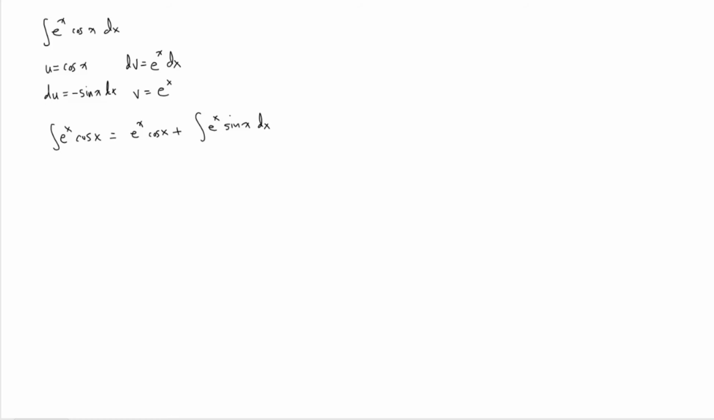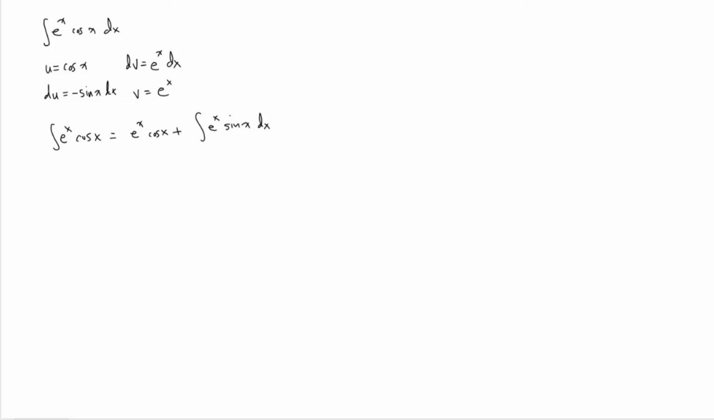And now you start to get a little suspicious. You say, I started with the integral of e to the x cosine of x. Now I've got the integral of e to the x sine of x. That certainly doesn't look easier. It also doesn't look harder. One thing you could do is go back and try letting u equal e to the x and dv being cosine of x dx. But instead of doing that, let's just forge bravely ahead